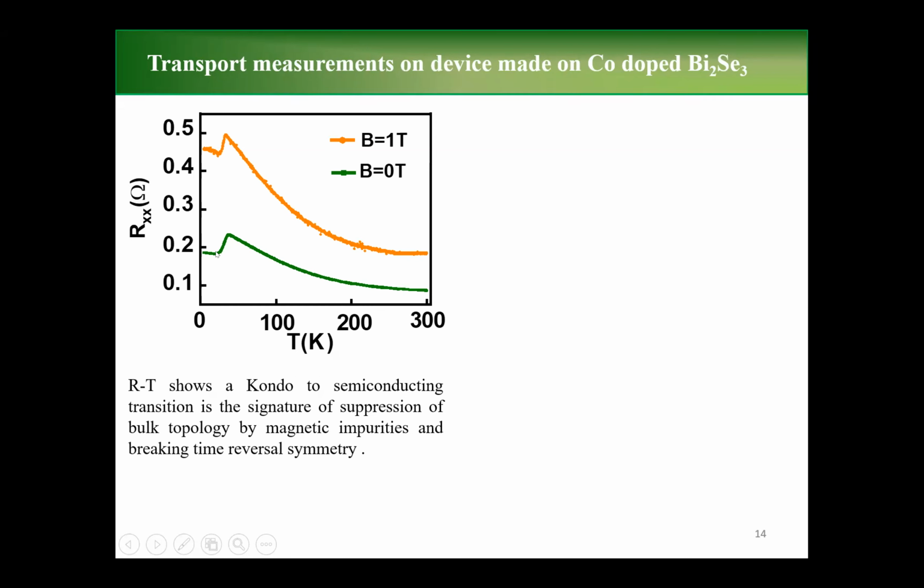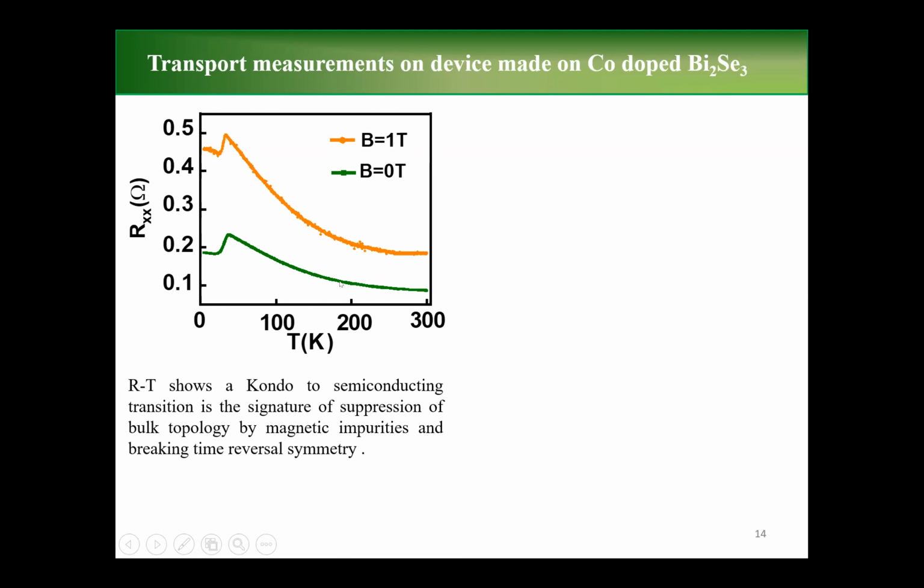Here we can see that around T = 40 Kelvin there is a drop in resistance, and this is due to the Kondo effect that arises due to magnetic scattering. So the Kondo effect is observed, and